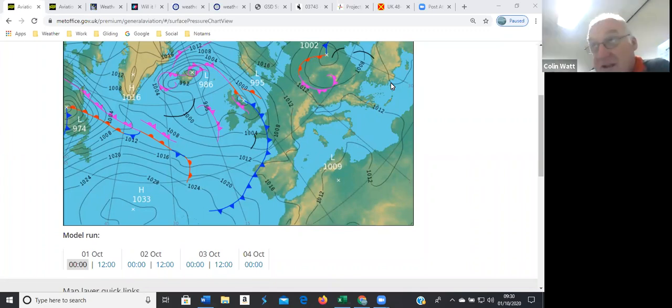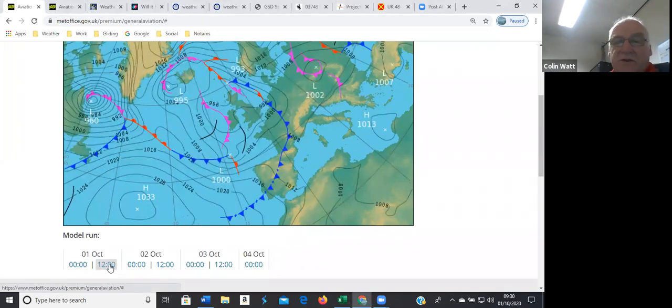Welcome to what looks like, out the window, a bright, sunny day, and hopefully a reasonable gliding day. So this is the overnight chart, and you can see the cold front that gave us the rain yesterday, just slowly pulling away from us and then drifting out over the North Sea to the near continent. And we're in a slot